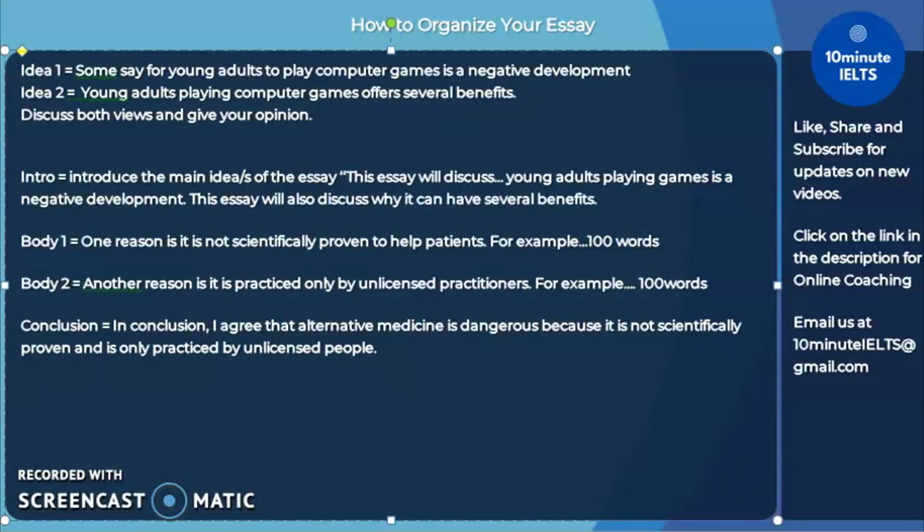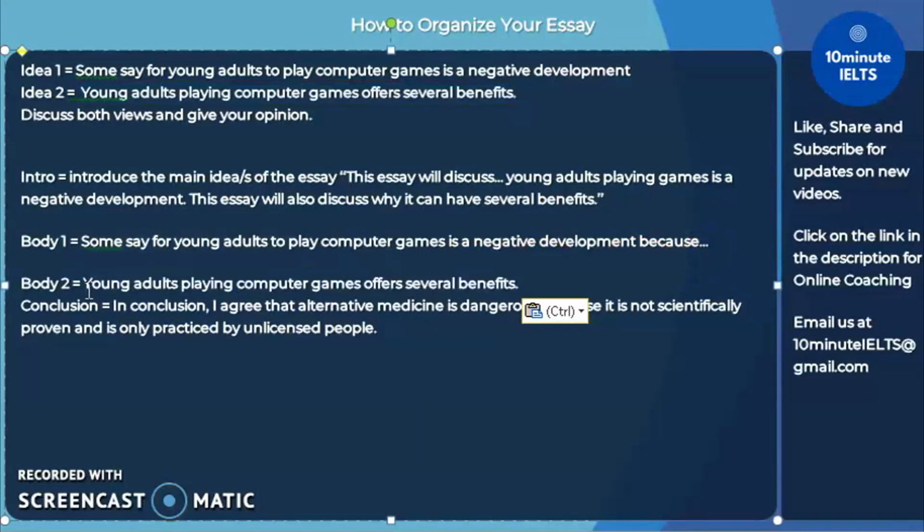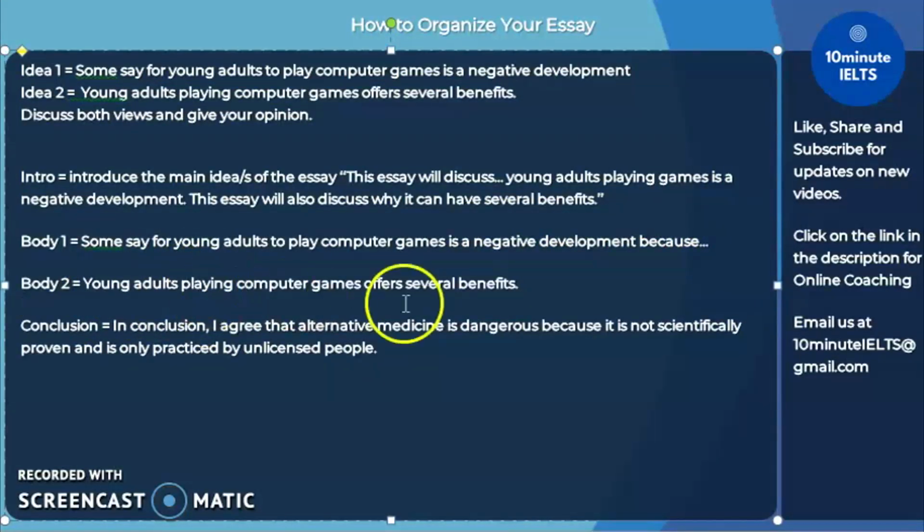That way, when you go to the body, all you have to do is explain the first idea and provide enough examples so that it will become 100 words. And then for the second body, we'll just explain the second idea and then elaborate it into 100 words again. So that when we get to the conclusion, all we have to do is summarize our main points